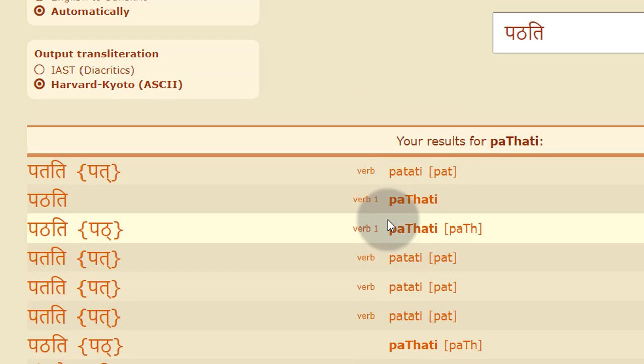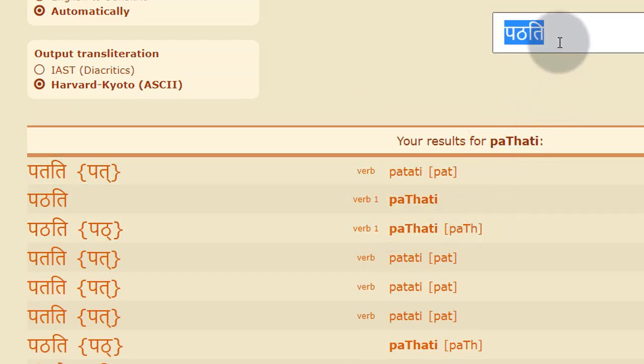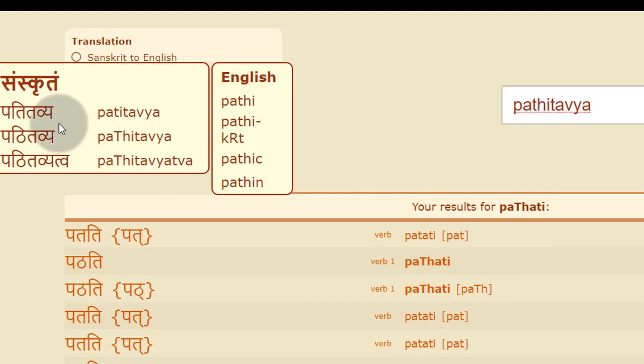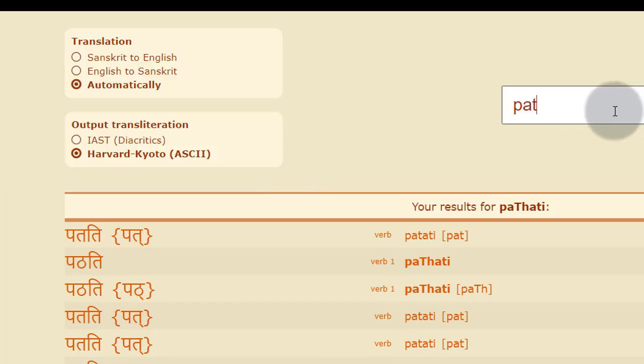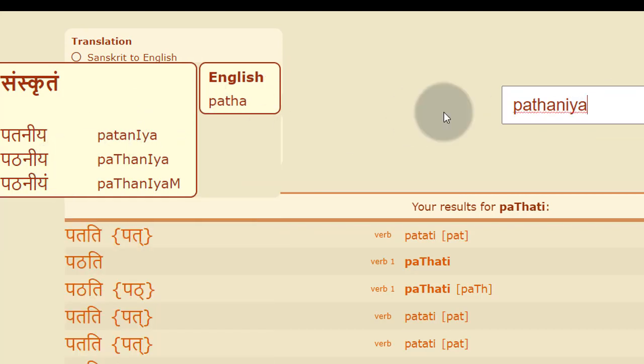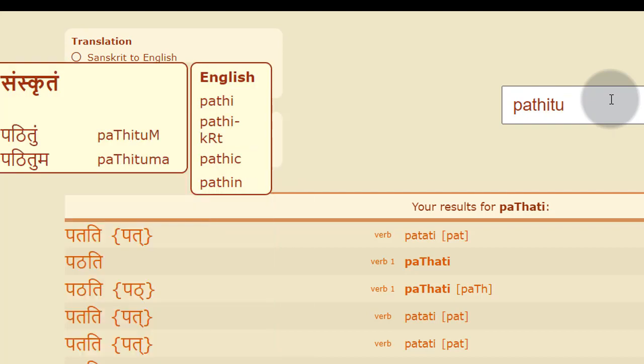Otherwise normally you see the verbs, and most of the kridanta forms you get in this dictionary. Patitavyam, you can see here patitavya, pataniya, patitum, like that. So we can see most kridanta words on this site.